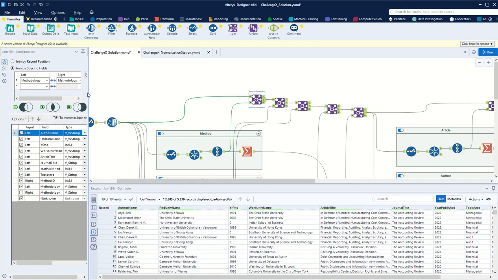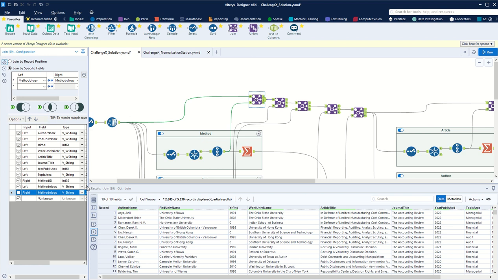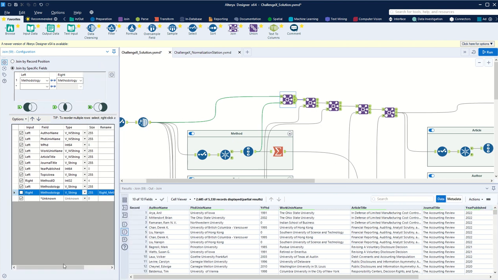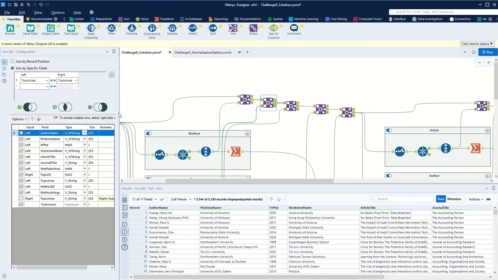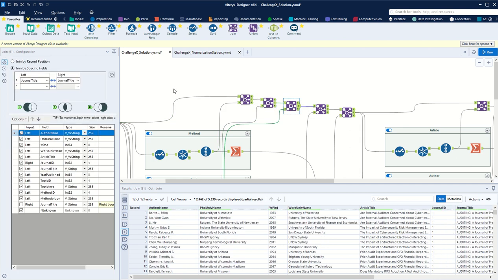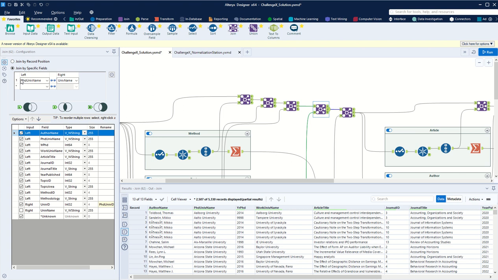And you can join them back, each one on the name for the section that you're on. So methodology here, and I would recommend getting rid of the duplicate data. So if you're putting in the right method, this says what input it's coming from. So from the right input, which is connected to our method. You're going to remove it so that it doesn't clutter up your data. And then you're going to do the same thing for topic using topic area, journal using journal title, and then